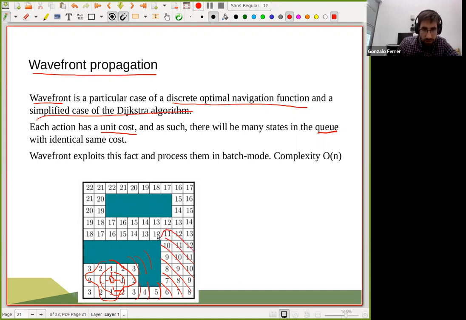And then here, yes, you have 12. Here we have 13, 14, and so on. So it's kind of something that is expanding. Imagine water falling from the sink. It kind of propagates, and this actually improves the Dijkstra algorithm. So you don't need to evaluate so many things. The only problem is that this only works for optimal cost of length, right? It doesn't work if you have strange cost.